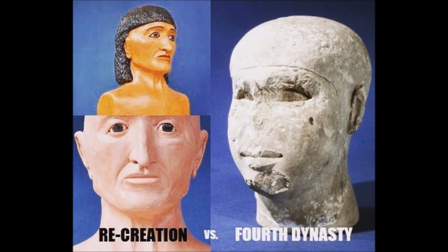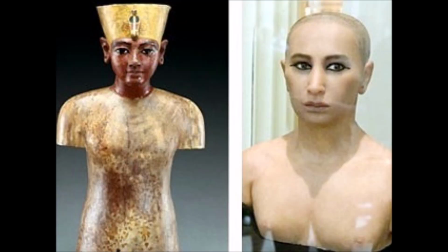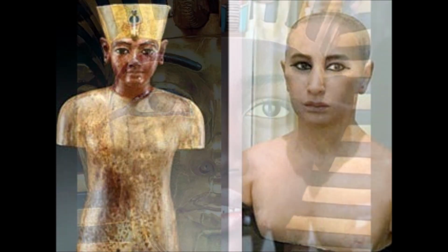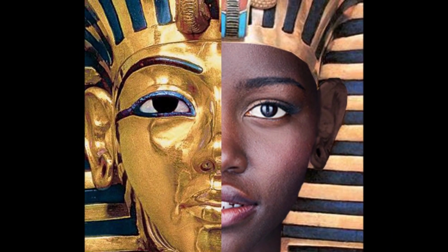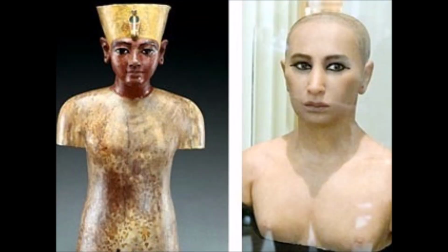At the end of the day, they have very little to work with, so they work overtime and flood the world with some of the most ridiculous and disrespectful recreations we've seen. And they remain unpunished to this day. King Tut's archives left us plenty to work with, but the parasites still go and create the complete opposite of what was left, all to soothe and babysit the feelings of a people who have found themselves missing from the